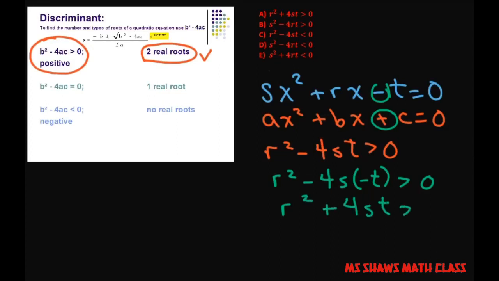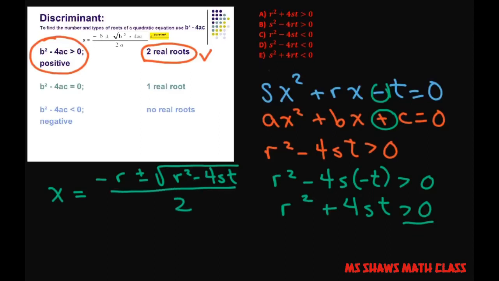4st is positive. So if we have a positive under the radical here, this would be our quadratic: x equals negative r plus or minus the square root of r squared minus 4st, divided by 2. And then they're just wanting the discriminant, but in terms of r, s, and t. And so the answer in this one would be